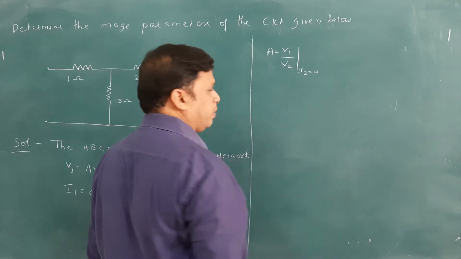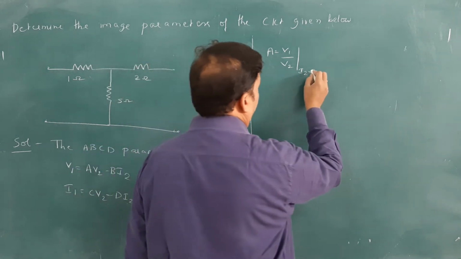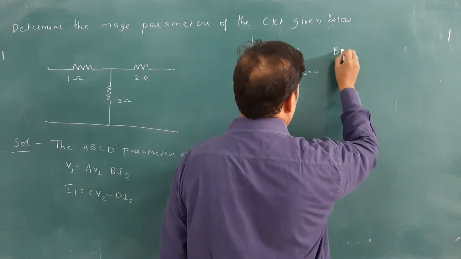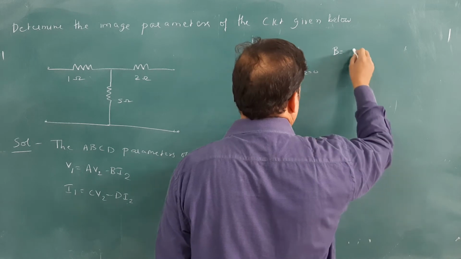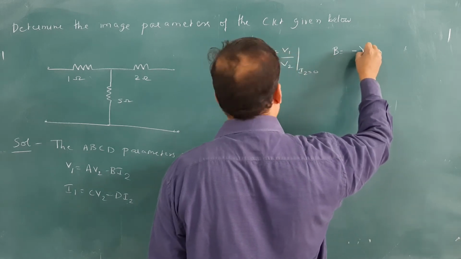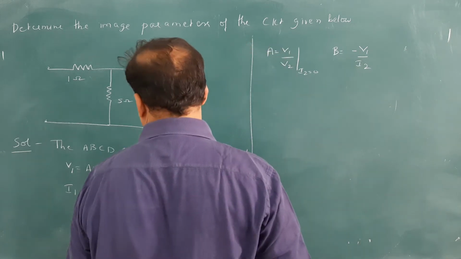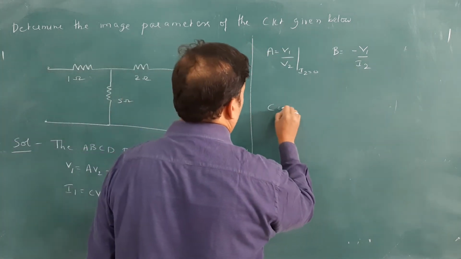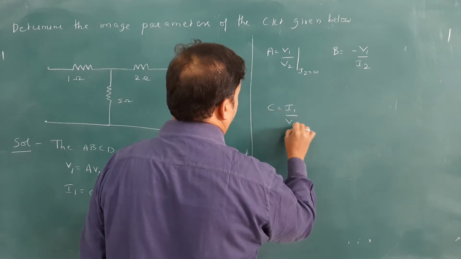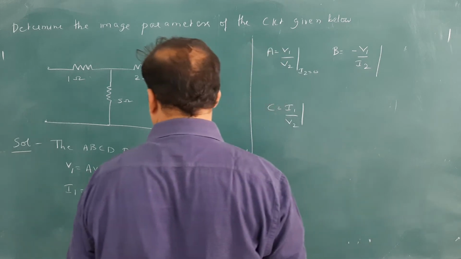I2 = 0 means current will not be flowing there. And B = minus V1 by I2, and C = I1 by V2, and this is minus V1 by